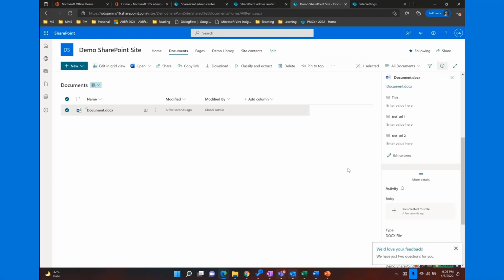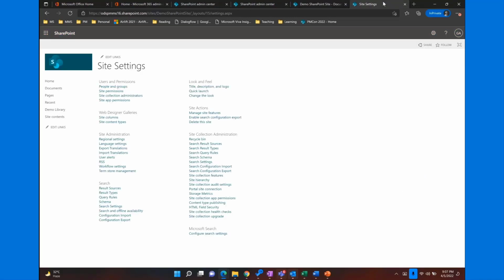So once you have applied that content type to a particular library, updates to the content type will come almost real time through the timer job for the sites that have already pulled the content type. And for new content types, the recent changes will be available to apply. And just to give you another flavor, if you go to site settings and go to site content type, we also have